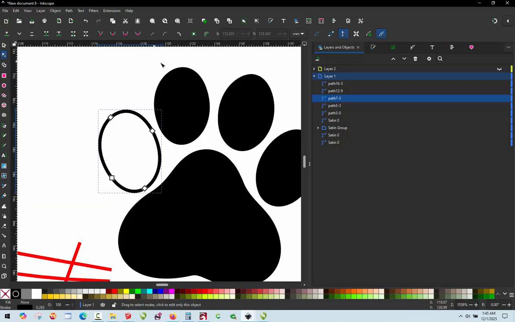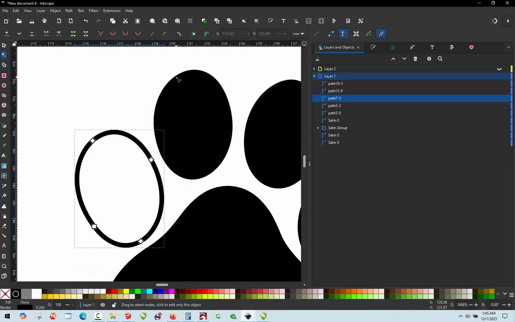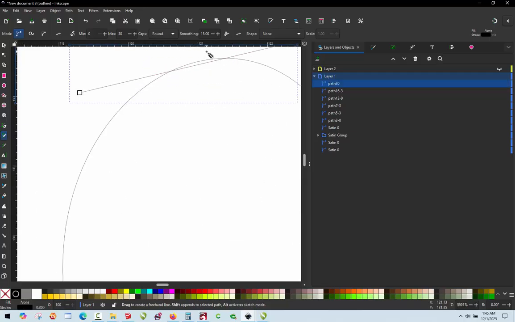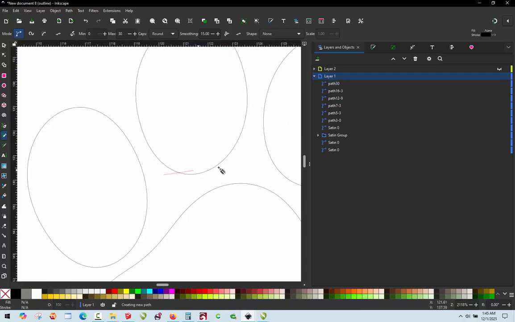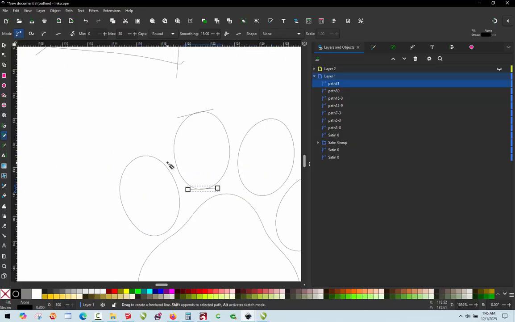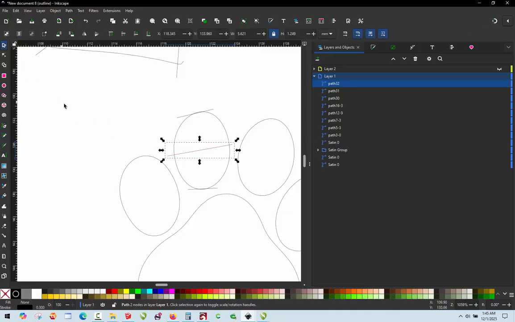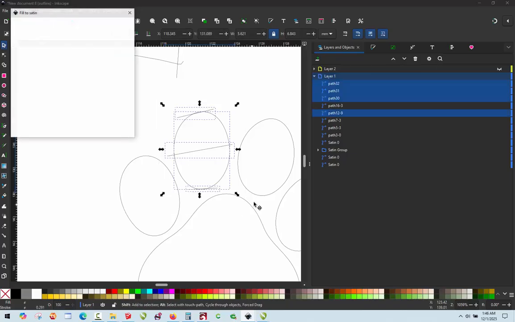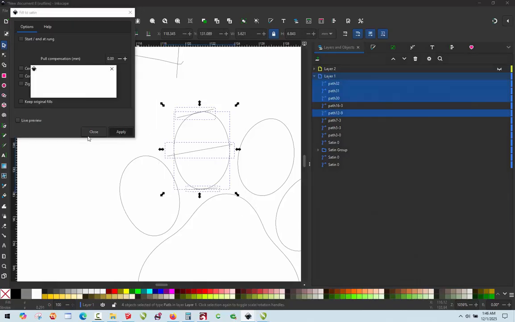But I do want to show you that you certainly can use fill to satin. So we'll go back to our pencil tool. Let's go to our outline mode so we can see this a little bit more clearly. So there we go. See how I'm going to just nip it just barely across the top. Nip it just barely across the bottom. And we'll do one in the middle. Okay, there you go. So now if I select these, Shift Alt S, and I do the fill to satin,